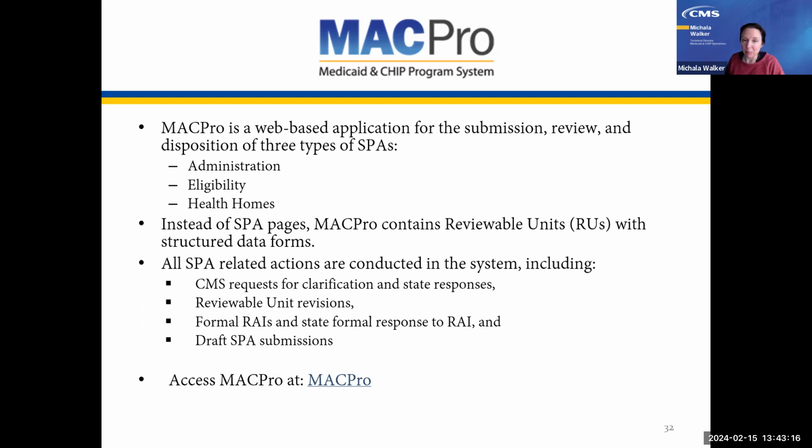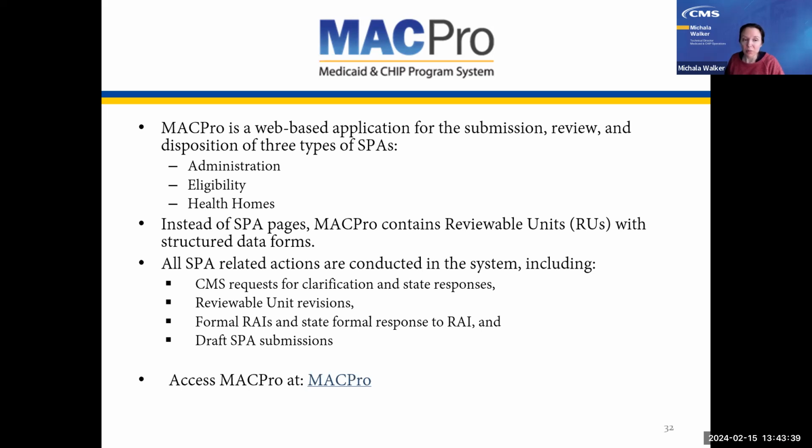In the paper-based state plan, this information was in attachment 2.6, and it was typically spread across multiple pages, which also contained other types of eligibility information. In MacPro, all of that information is gathered in this one RU, and this one RU only contains information related to the medically needy income level.